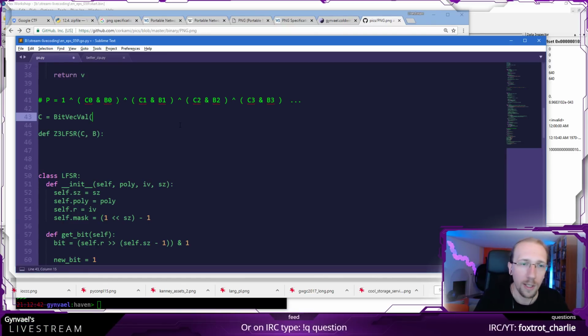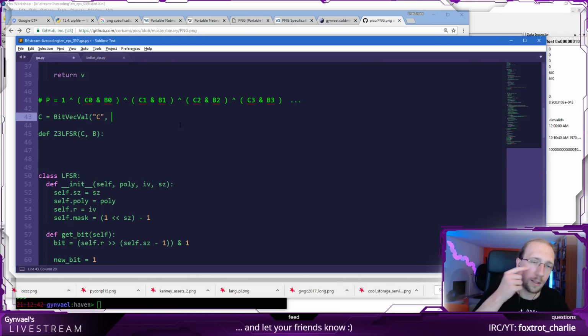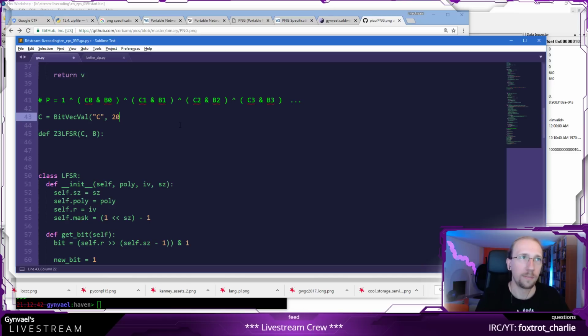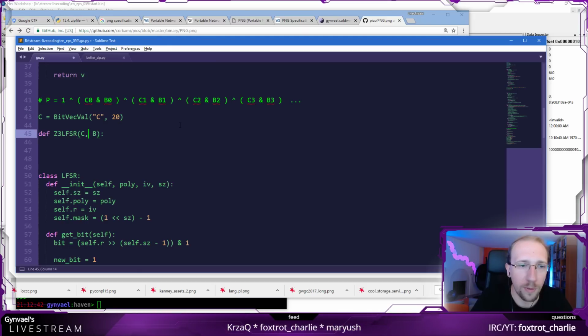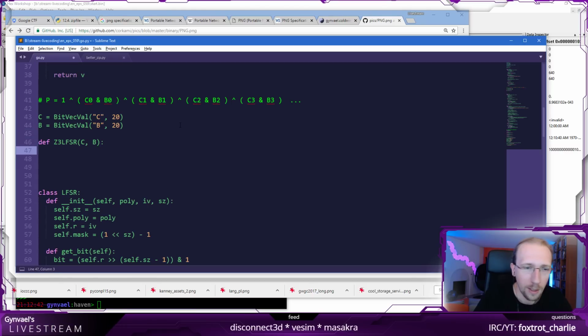And you create it like this, you specify a name, so poly or C, doesn't matter, and then the size of it in bits, and we know it's 20, right? So this is what we're going to get here, and B is going to be probably more or less the same thing, but we will figure it out.